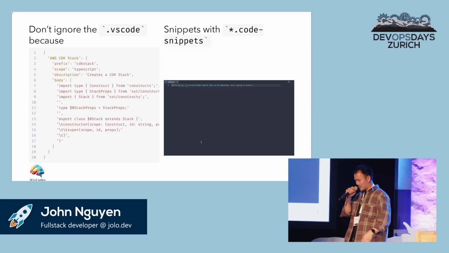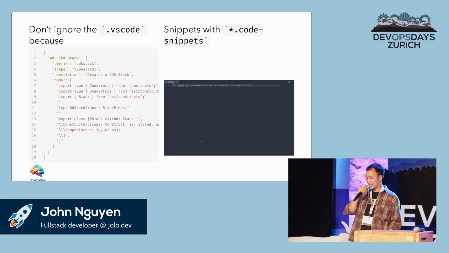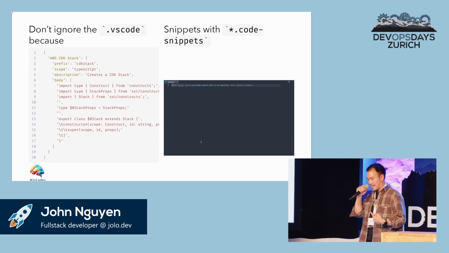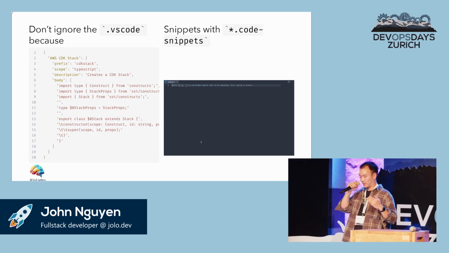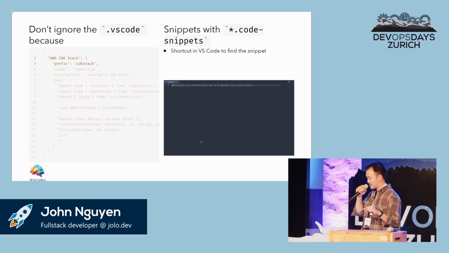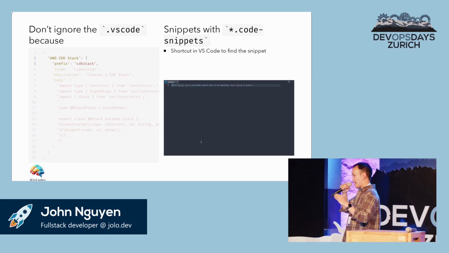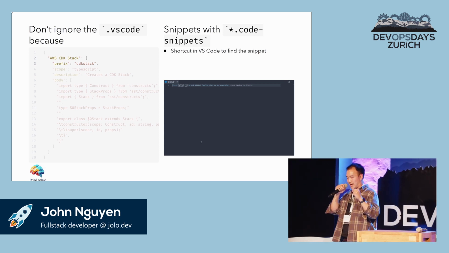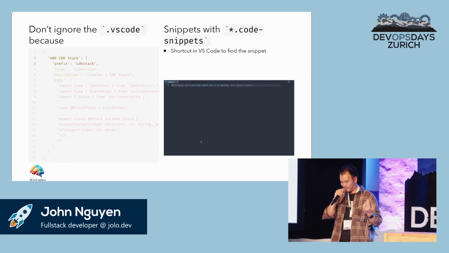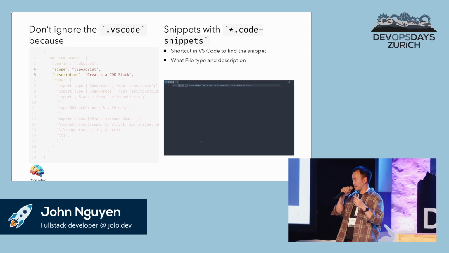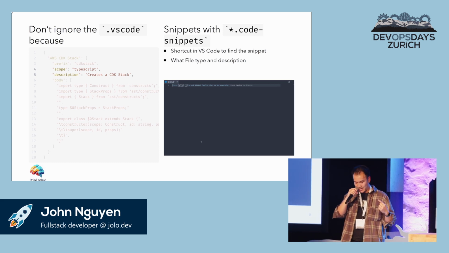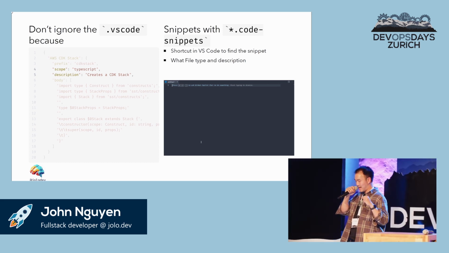And don't ignore VS Code, because you can also add snippets. So let's say you want to give your colleagues snippets which then scaffold the code accordingly. In this case, we use AWS CDK. So whenever you type in CDK stack, it will appear in your autocomplete box, and you also define the scope. So it will be a TypeScript file, and in the box there will also be a description saying, okay, this creates a CDK stack. And whenever you hit enter,